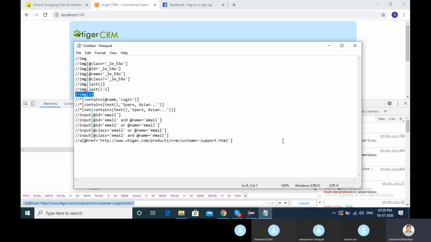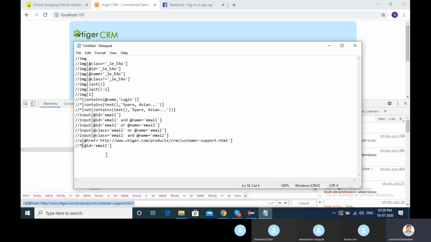But at the initial level, there are so many other things with the combination of or, and you can use any image, content text, input. If you don't know any tag name, you can put a star, which denotes whatever the tag name is. So no need to specify the tag as well. If you don't know anything, you can put star here.